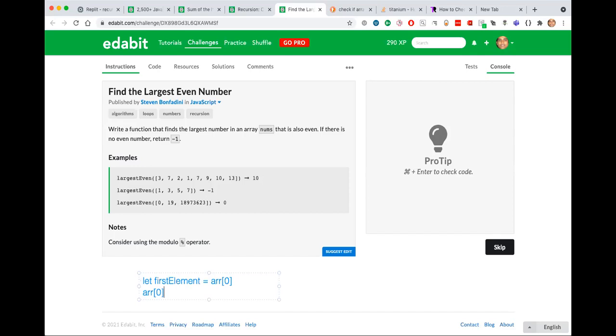So if array 0 is divisible by 2, so this is the if condition, then we actually need to think about, return the greater of, like, if the first element is greater than array dot slice, then return first element. It's bigger. The reason I did first element is to make this code look easier.